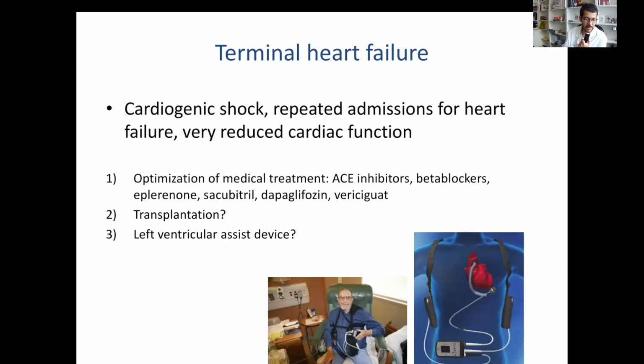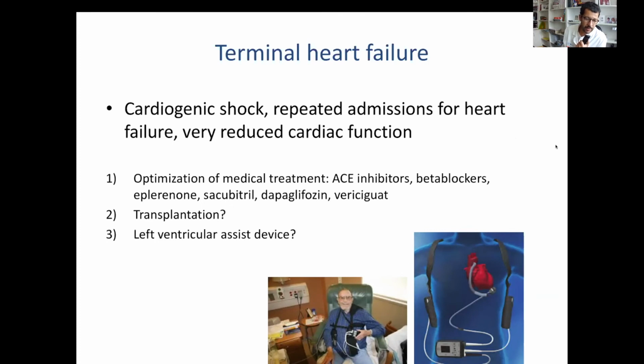But sometimes, despite that, there remains severe heart failure with symptoms and with a major impact in the short term on the vital prognosis. And in that case, you will have to discuss several options. First option is the cardiac transplantation. Very few patients have undergone cardiac transplantation worldwide,